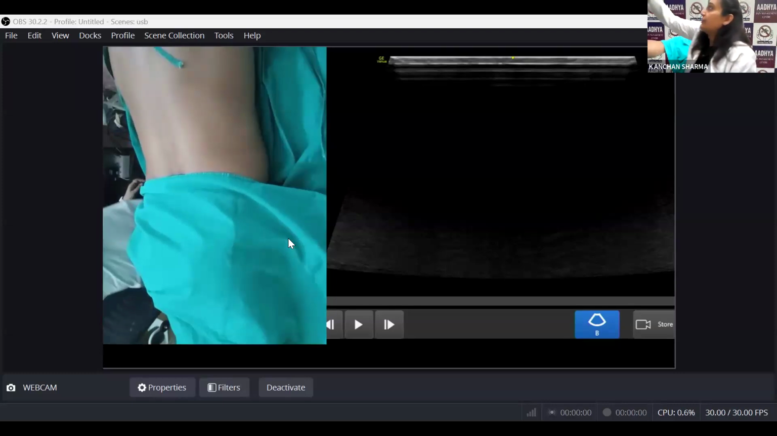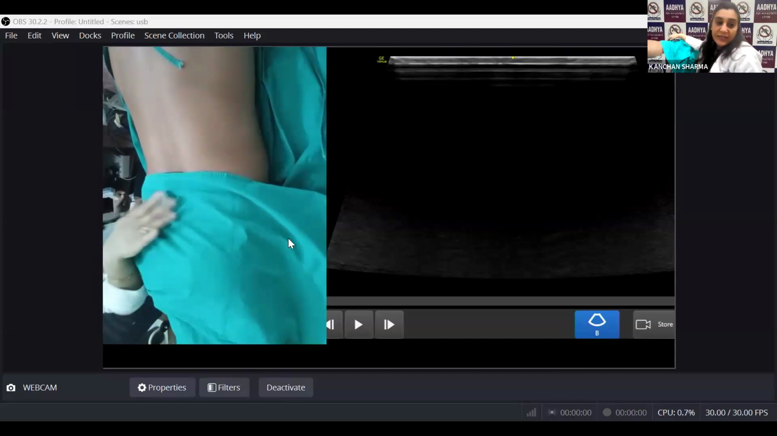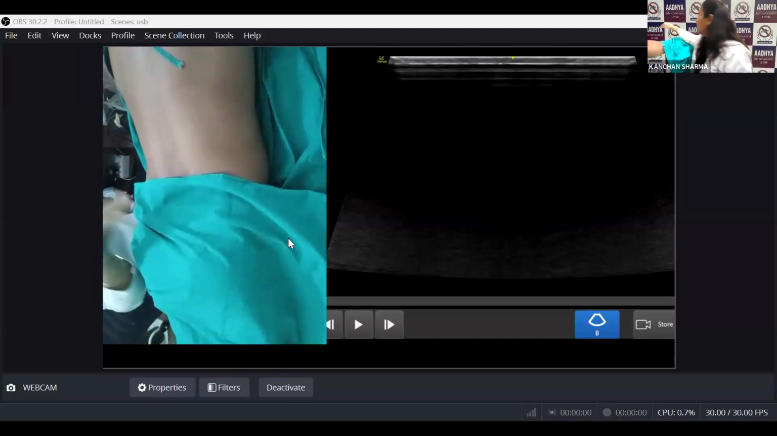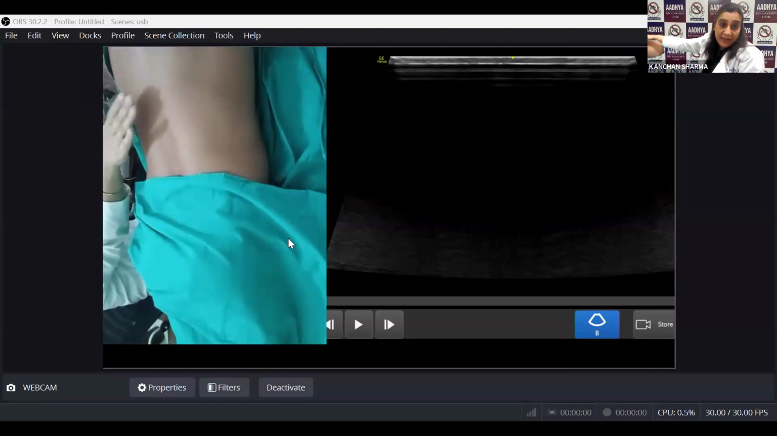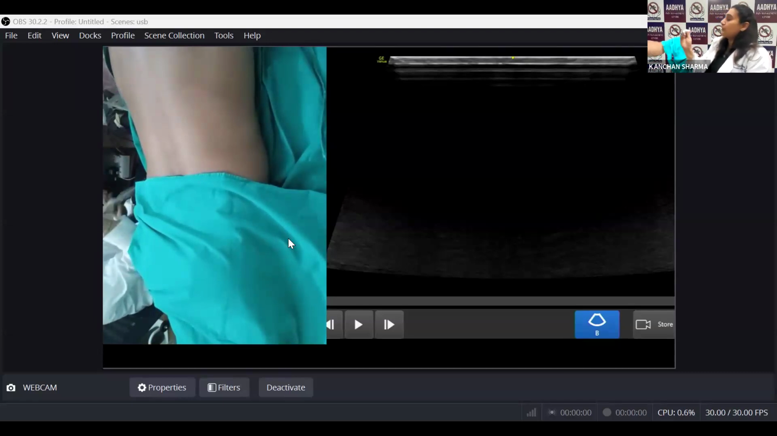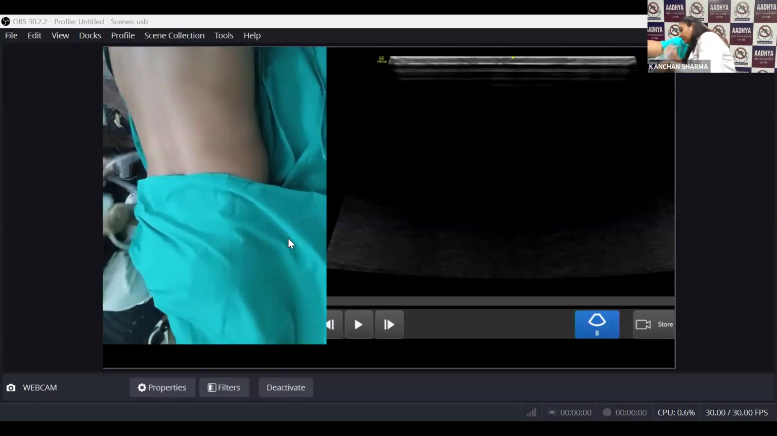Okay. So first of all, we learn the probe position. So where you are able to see this sheet green color, okay. So that is the caudal end, and this is the cranial side. So we'll learn the probe position first. The first probe position is